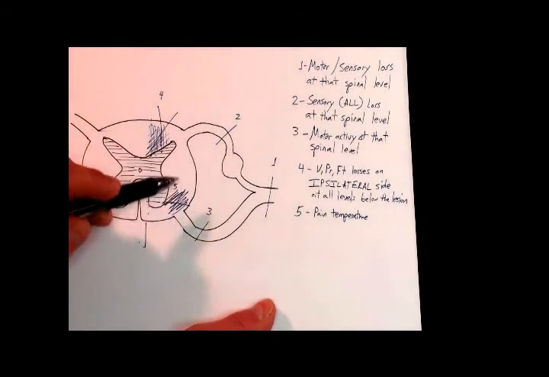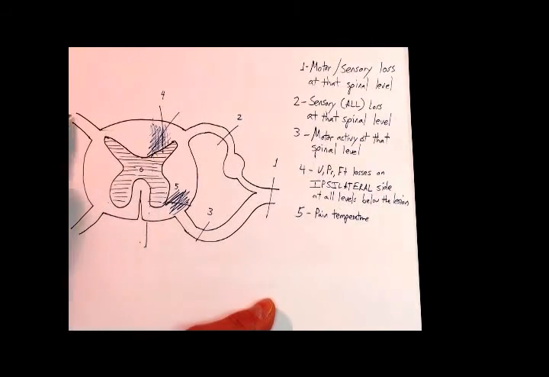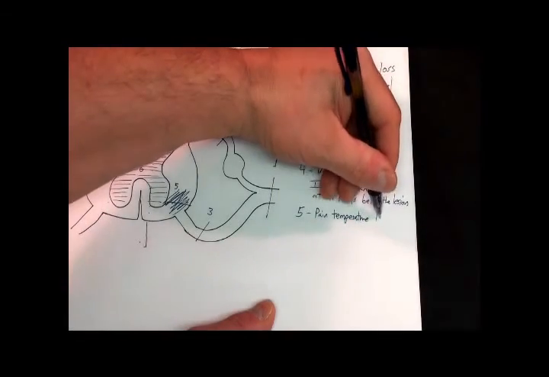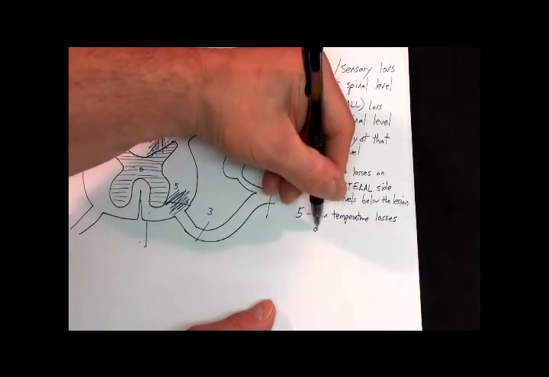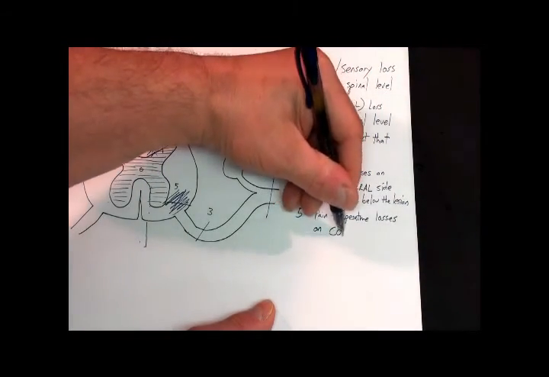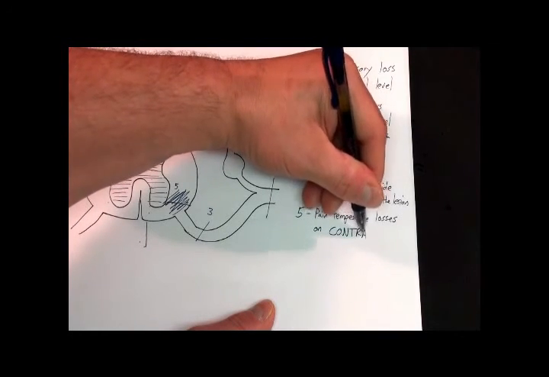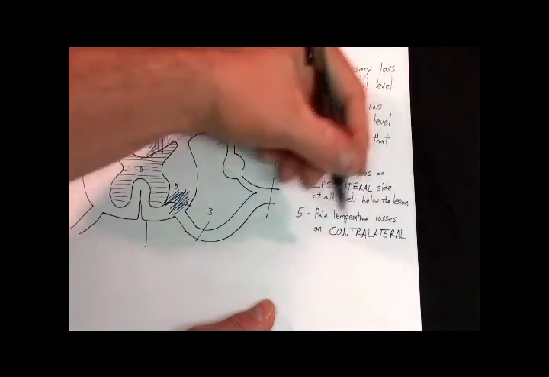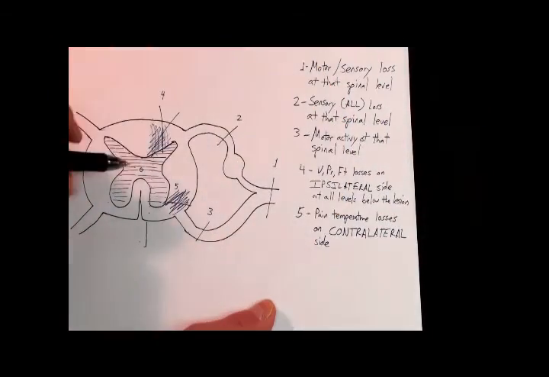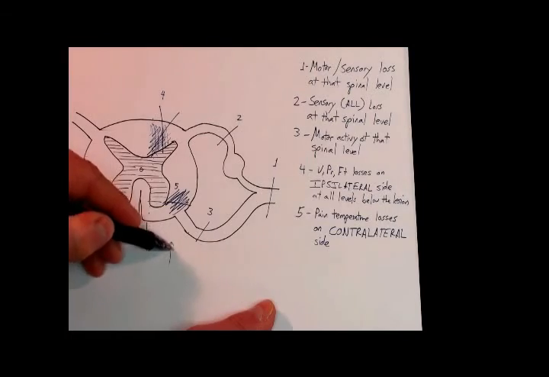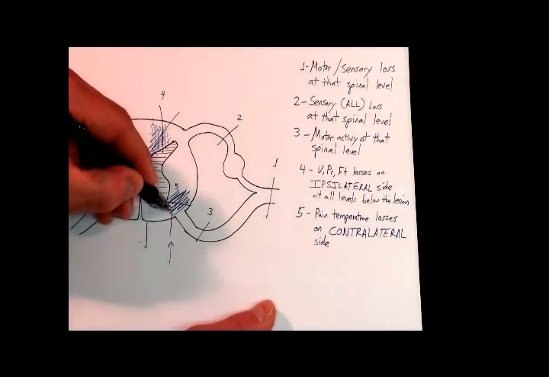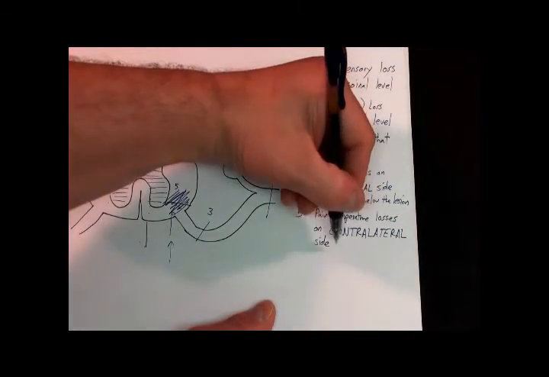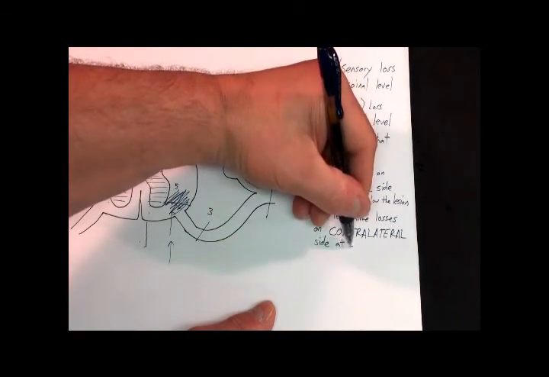So we're actually losing, by damaging this side of the spinal cord, the contralateral input. So pain and temperature losses from the contra, or opposite, lateral side. And just as before, if we've got info a level below this lesion, it hits that lesion and is probably not going to be able to get past it. So you've got it affecting all levels